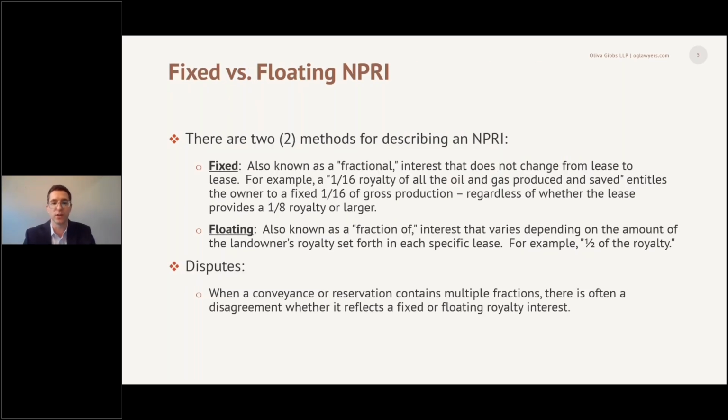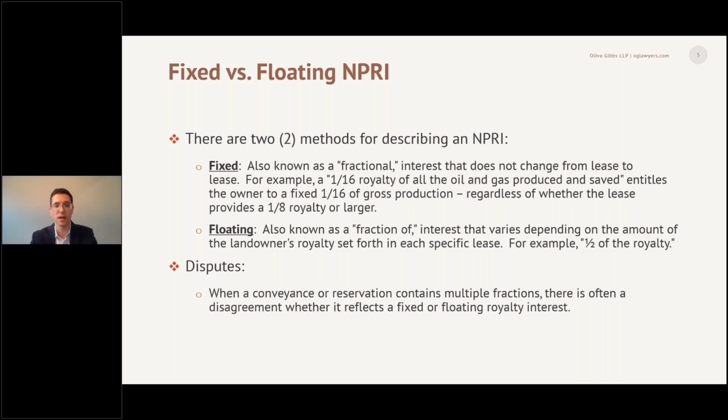Fixed versus floating NPRIs. Essentially, an NPRI is going to fall into 2 categories. The first is fixed, also referred to as fractional, and it's not going to change from lease to lease. So if we have a 1/16th royalty of all oil and gas produced and saved, that's going to give its owner a fixed 1/16th of gross production. It doesn't matter if the lease provides for a 1/8 royalty or a 25% royalty, it stays fixed at that